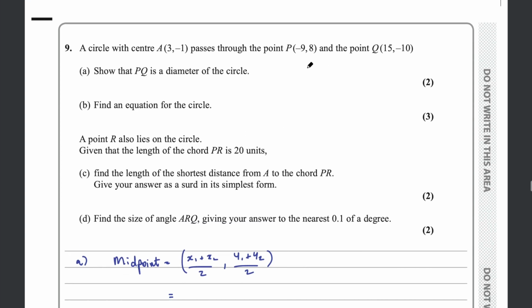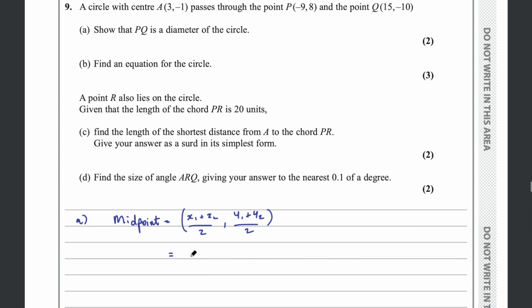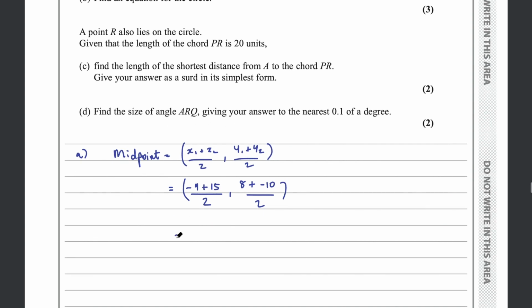So looking at P and Q, we've got -9 plus 15 over 2, and it doesn't matter what order you do them around as long as you have them in the same order for each point. So if this is x1, this is y1, so I've got 8 plus -10 over 2,